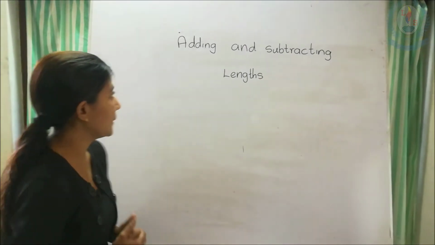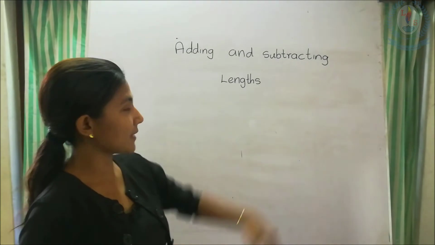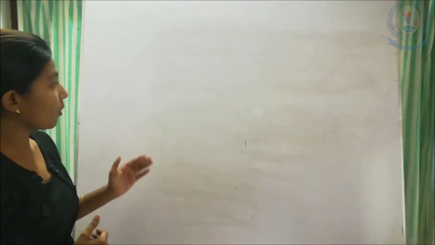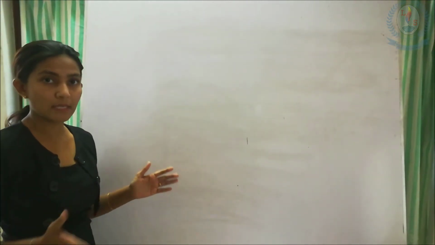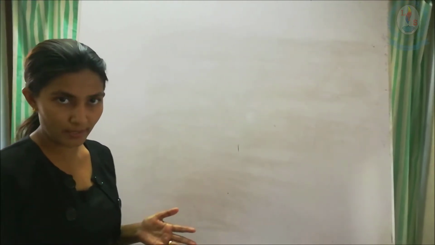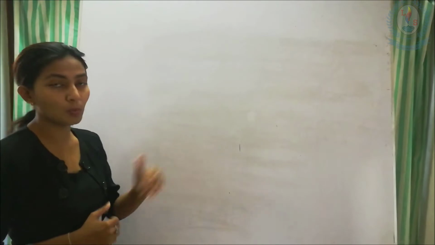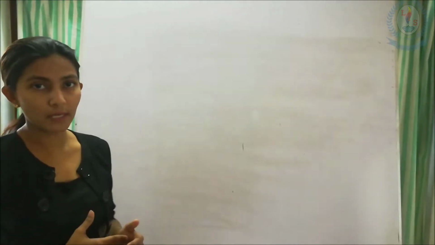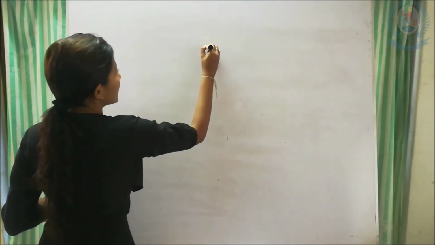Okay kids, now we are going to learn the third subtopic. Our third subtopic is adding and subtracting lengths. First we will learn adding of length. Adding of length we normally do in meters and centimeters, in the normal way that you all have learnt addition. You do the addition, then at the end you put the relevant unit, meter or centimeter.